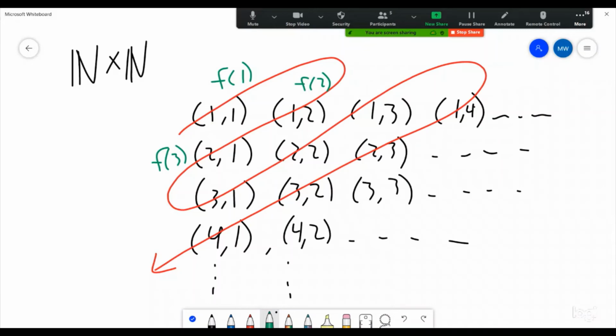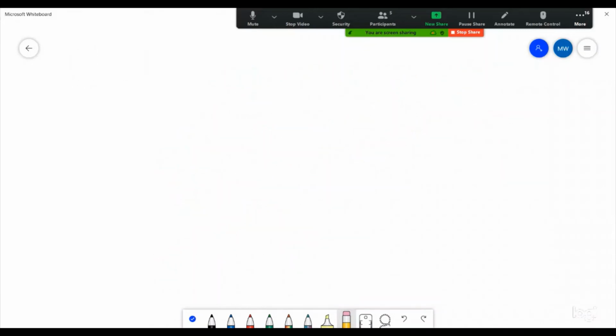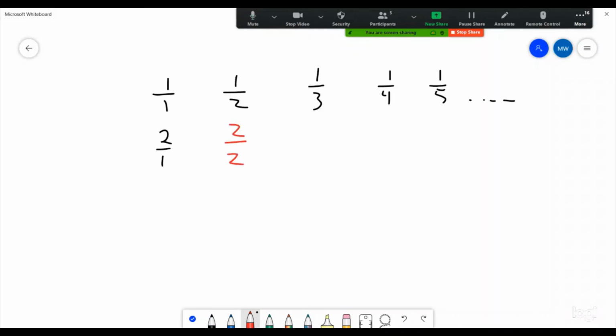Yeah. Thank you. So if we go through and write down our positive rational numbers, we have like 1 over 1, 1 over 2, 1 over 3, 1 over 4, 1 over 5. Then we have 2 over 1, 2 over 2, 3 over 2, 4 over 2, 5 over 2, and so on. We have 3 over 1, we have a 4 over 1. Let's see, we have,